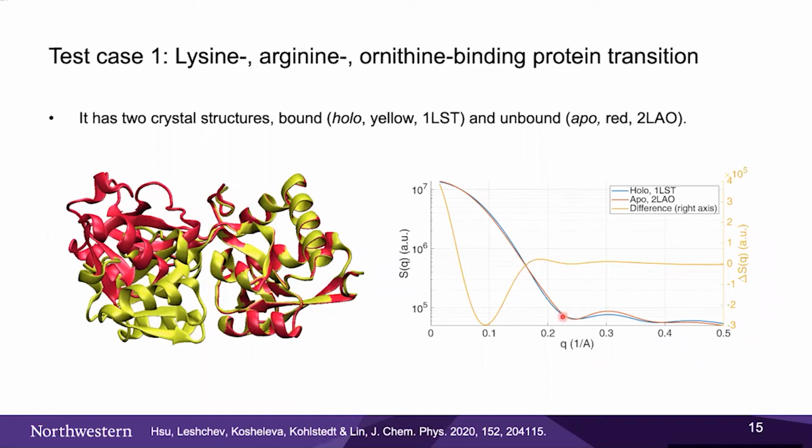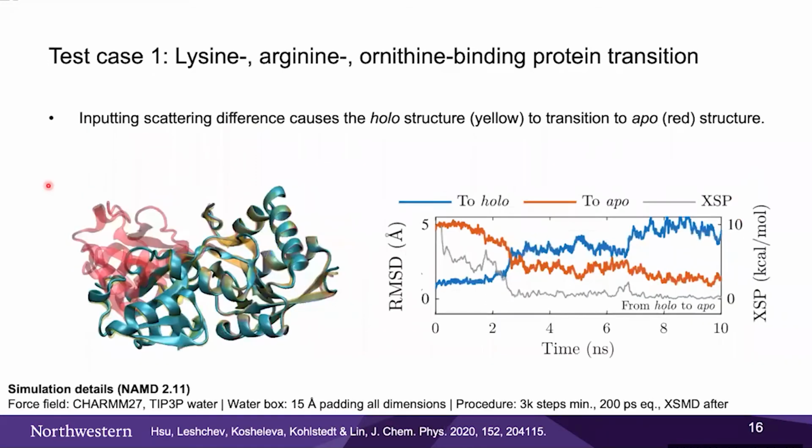There are two test cases. One is the lysine arginine ornithine binding protein. This protein is great because it has two crystal structures that we can use to create a manual difference scattering pattern. One is its holo form, the other one is the apo form in red. We want to drive the holo form to the apo form. So we simply input that scattering difference, and then we try to see whether it can drive the structure to another one. And as you can see,